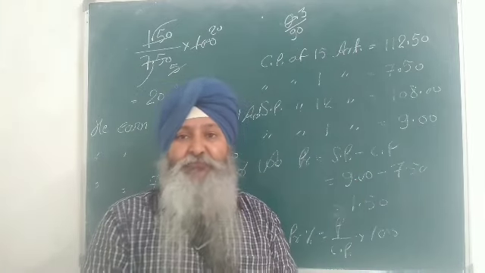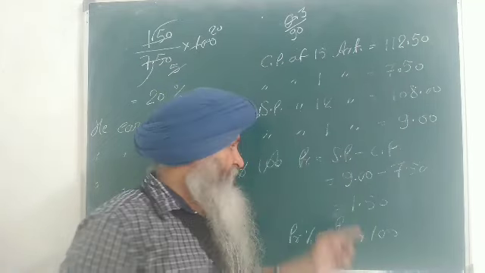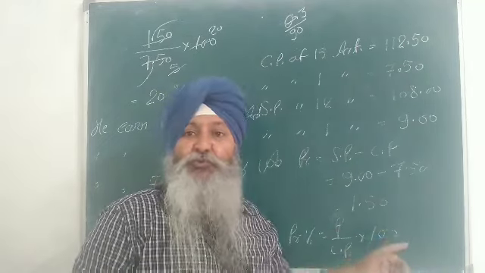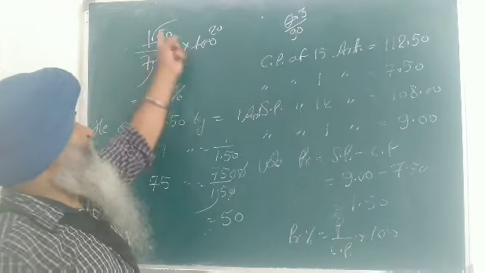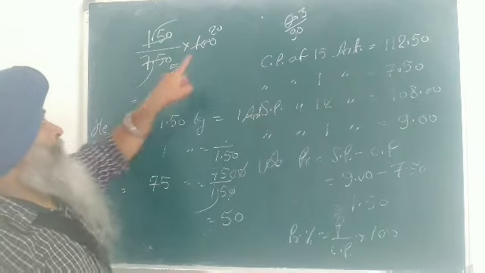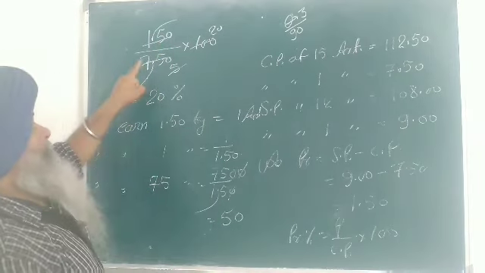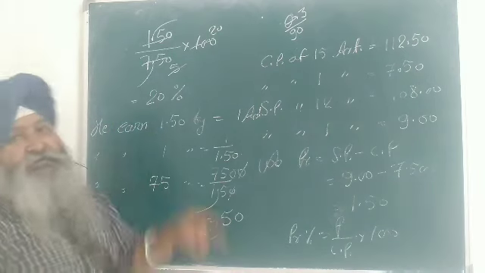And the first part they are asking is what is the profit percent. So what is profit percent? Profit upon CP into 100. Profit 1.50, CP 7.50, into 100. Let us remove the decimal because both are like decimals. After that, cutting, and you will get 20% as the answer.